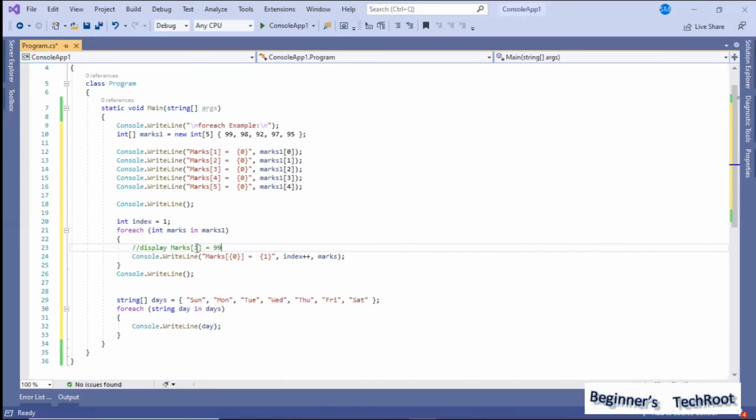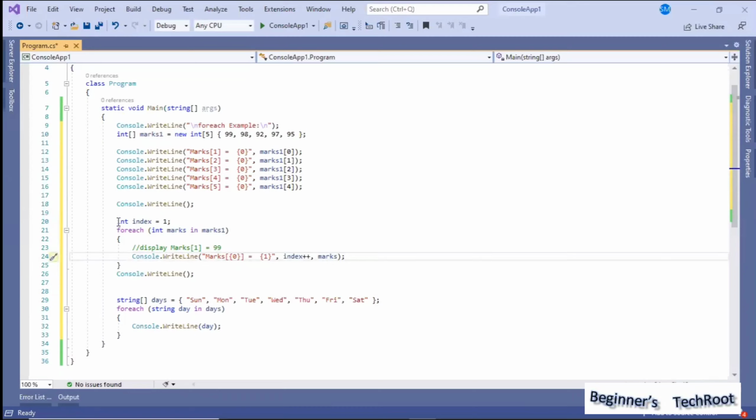For that reason, in the loop I want to give a placeholder. Why? Because if I write all the statements separately, I use it as a constant: this is the first element, this is the second element, this is the third element, like that. But here we are using a loop. If I write a 1, it will always take 1. If I remove this placeholder and put marks 1, it will always print marks 1 only. But I want to print marks 1, marks 2, marks 3, marks 4, marks 5. For that reason, I used some simple additional logic.